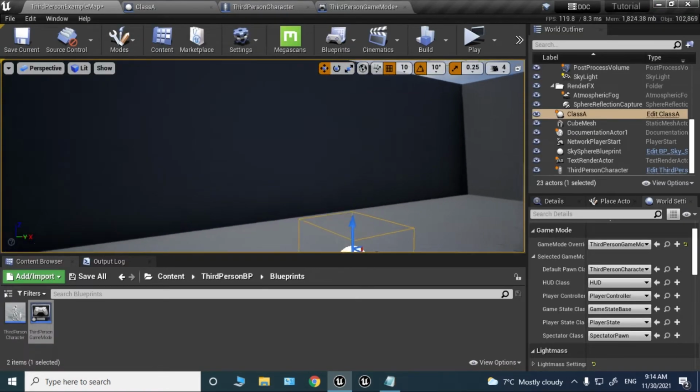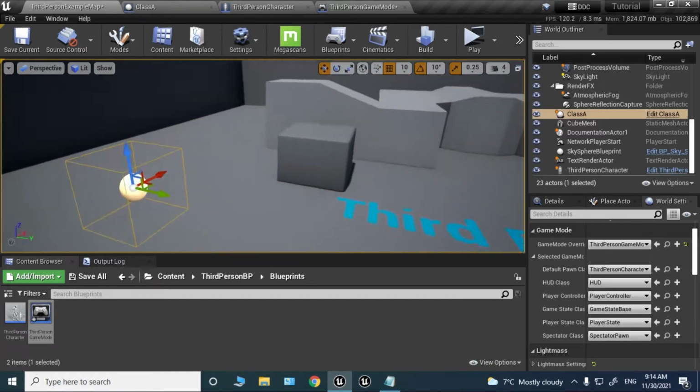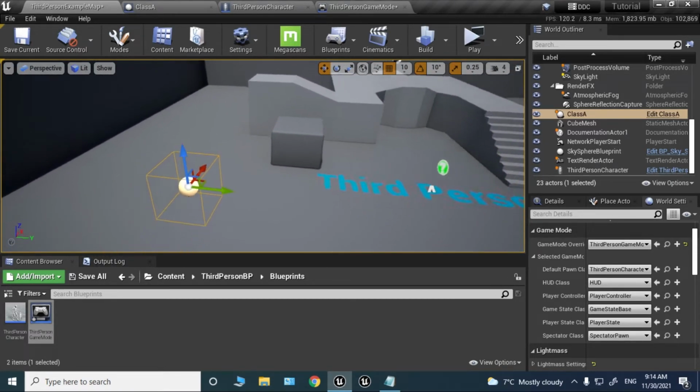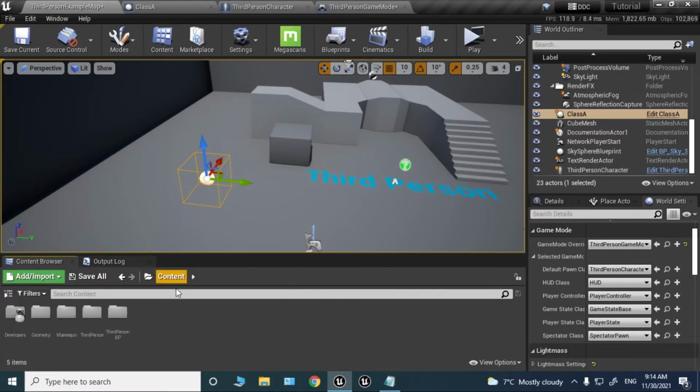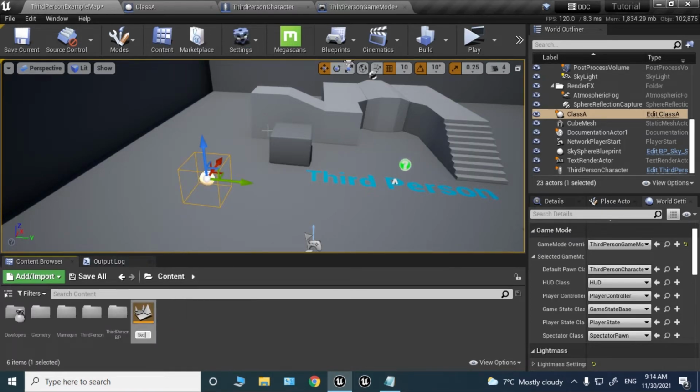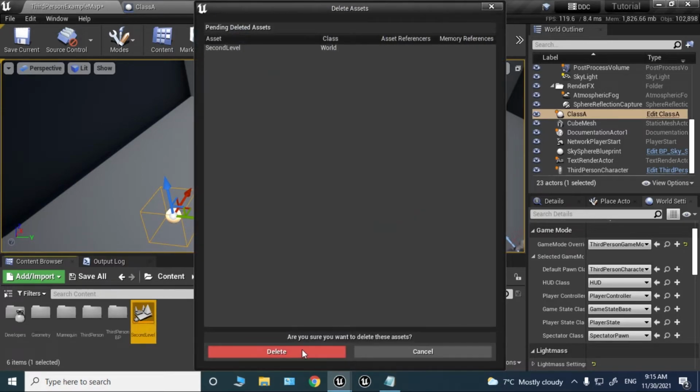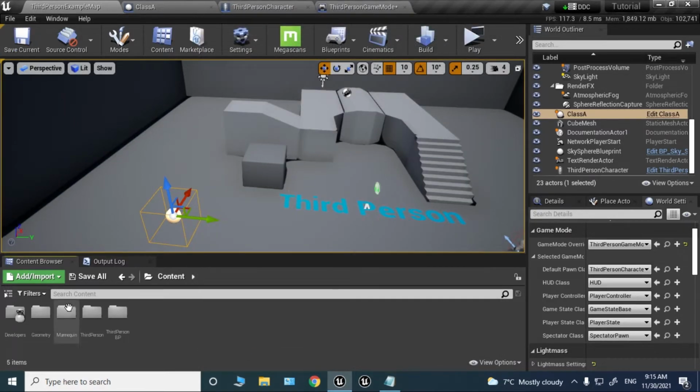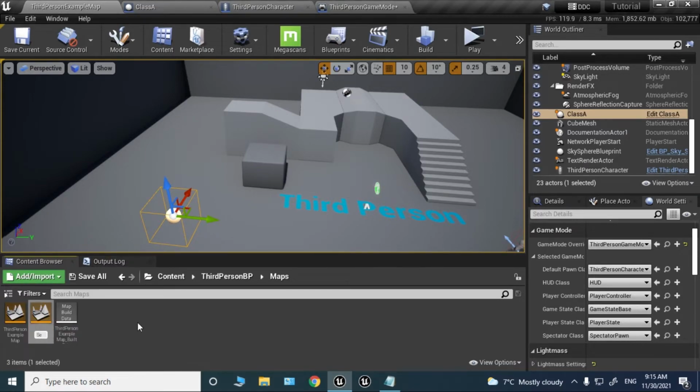So our last scenario is when you wanna communicate between two levels. So let's just say that you have two levels. I'm just gonna create a level, call this second level, or actually no, I'm just gonna duplicate our current level. So to save current, go find your level. It's in the third person. Let's just duplicate it. We're gonna call this second level,